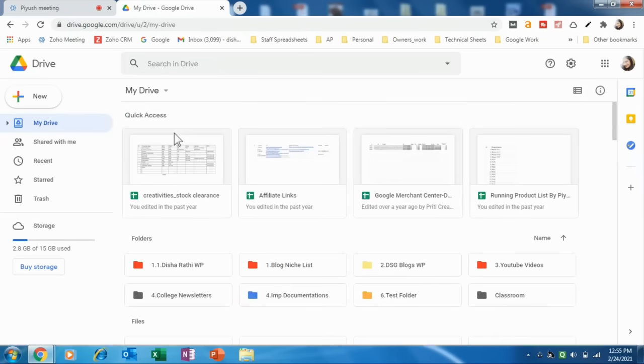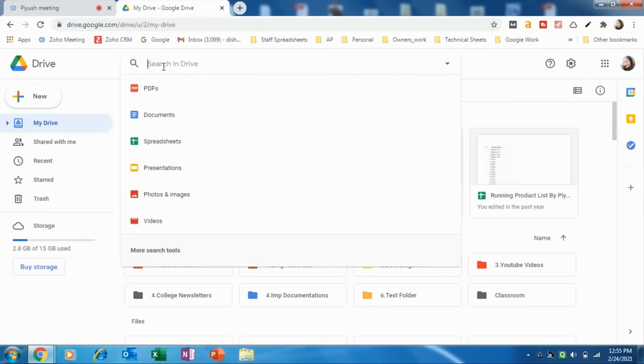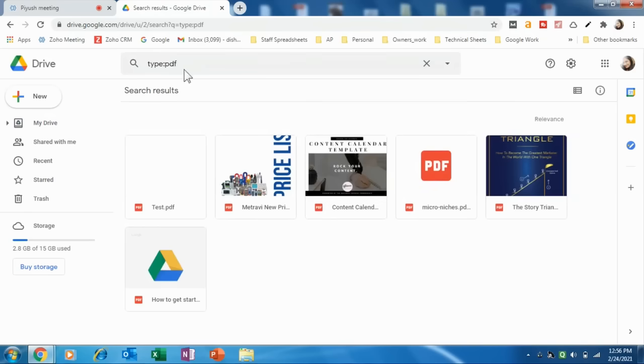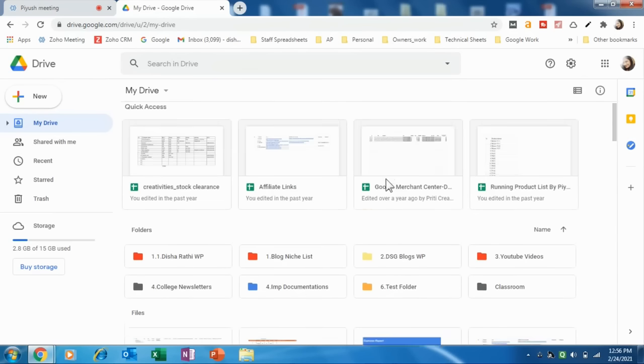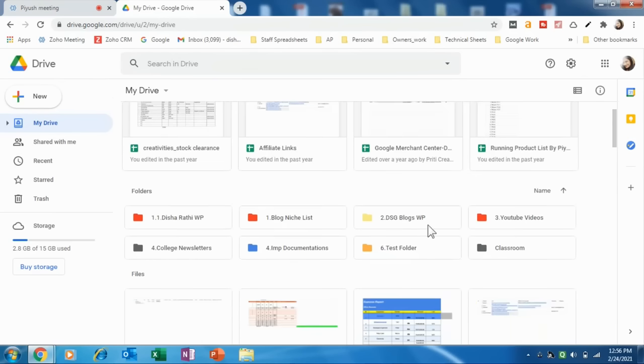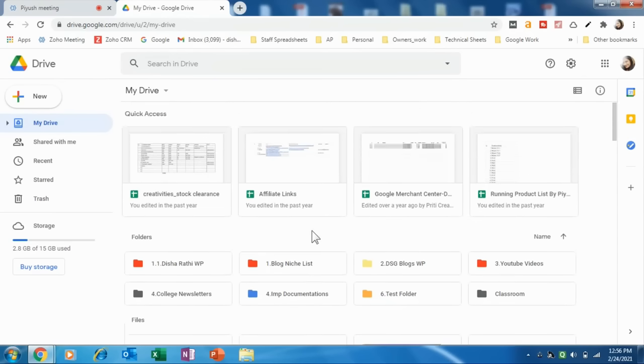Suppose we use the search function of the drive. In the search you can search the PDFs, documents, spreadsheets, presentations here. Suppose you have to search for any PDFs in your drive, so just click on the PDFs, or type :PDF. So all the PDFs that you have in your drive would get reflected from this end. So this is a very amazing thing of the drive, which I like, it is easily accessible and has a very easy interface for all of the team.